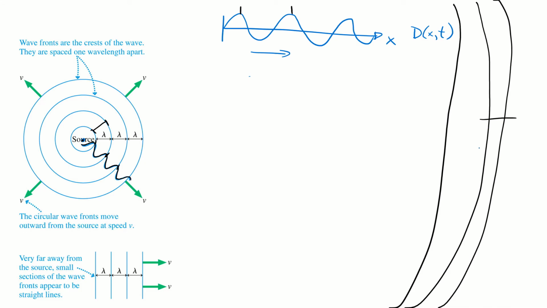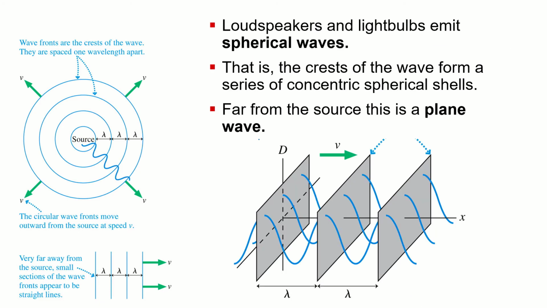And if you're standing over here, to you those waves are essentially just parallel straight lines like this. As you get further from the source, these circular wave fronts become parallel lines and look just like plane waves, where those crests are defining straight lines or planes in space where they have a crest, a high amplitude displacement. So essentially, this is how we get plane waves.